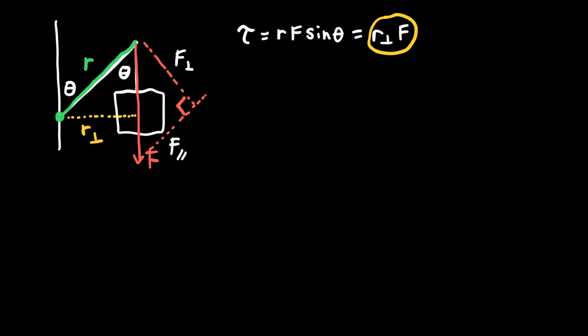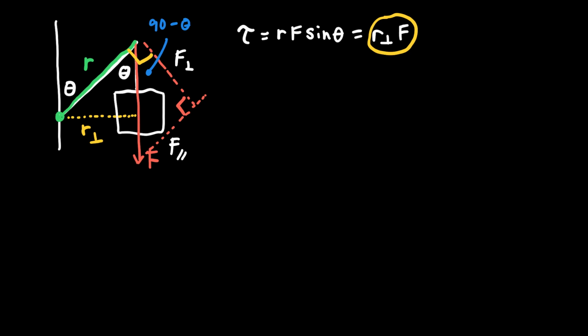And so what I'll point out to you is that if F perpendicular really is perpendicular to R, the green line, then this angle that I'm drawing in yellow is 90 degrees. And if I labeled part of that 90-degree angle as theta, because of alternate interior angles, the theta there and the theta by the wall are equal, then this angle, which I'm now drawing in blue here, is just 90 minus theta. And so if I knew what theta was, I do 90 minus theta, I can find the perpendicular